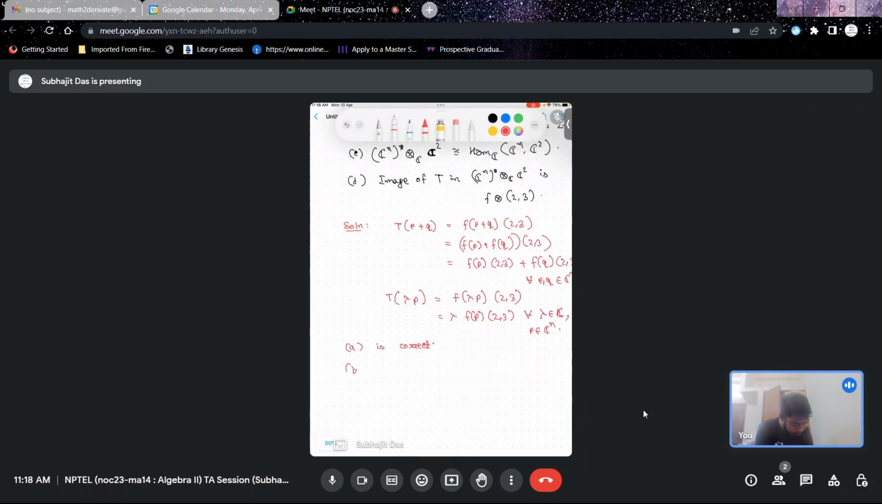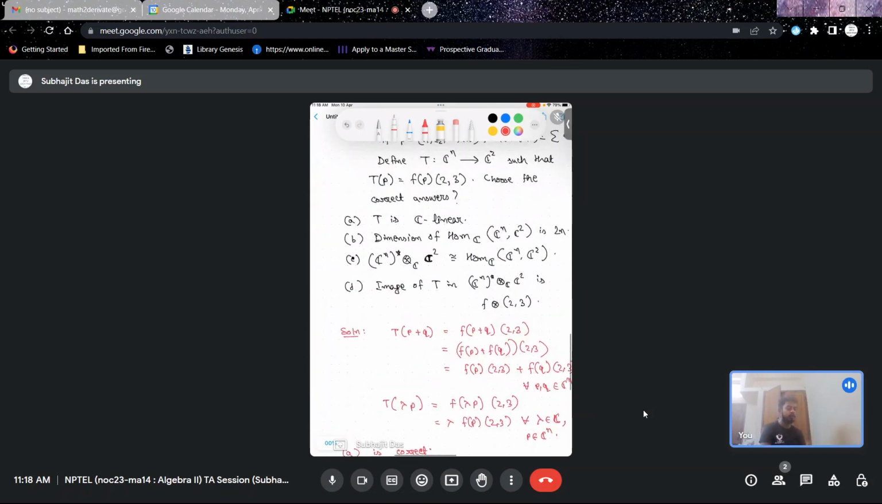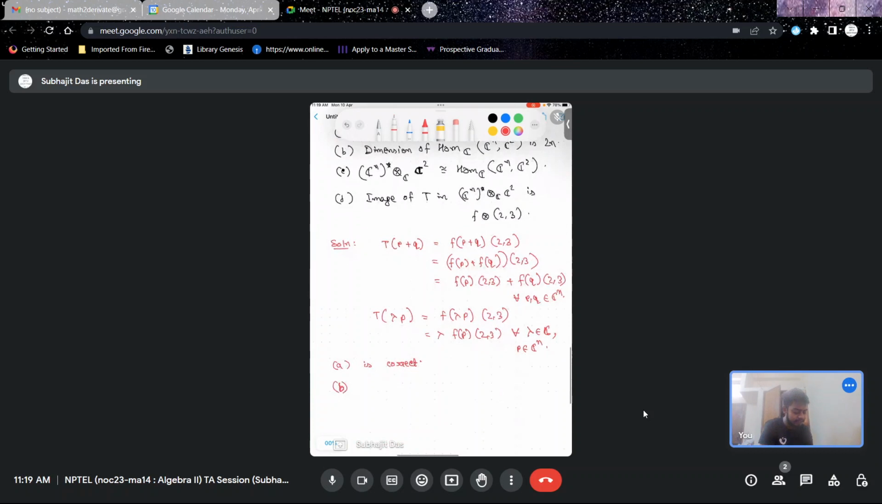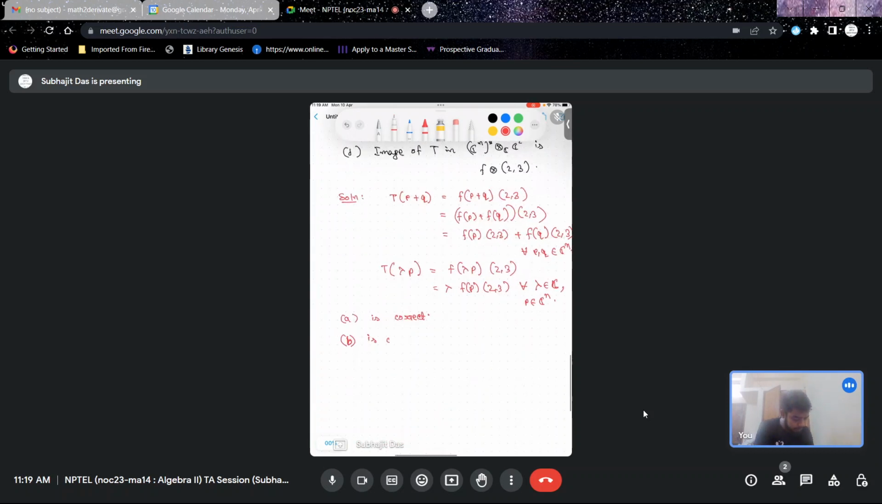What about option B? Option B says that the dimension of this Hom space from Cn to C2 is 2n. So you look at all the C-linear maps of Cn into C2, and the dimension is 2n. This is certainly correct. B is correct,